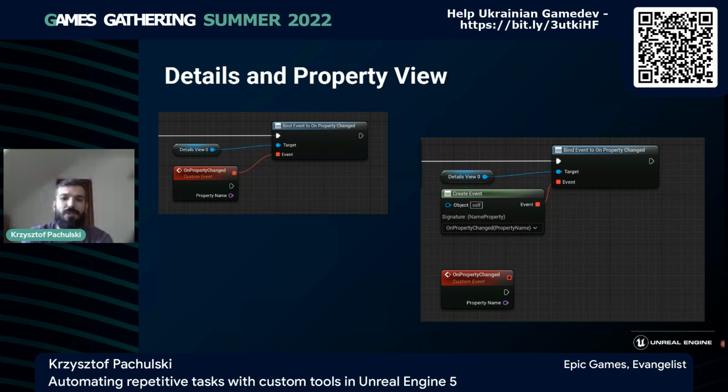So I'm showing just two different examples of how you can do this. Just so you know, this is the default way. You just assign a function, basically a blueprint event, to this delegate, and it will be called whenever the user changes any value on this details view or on this